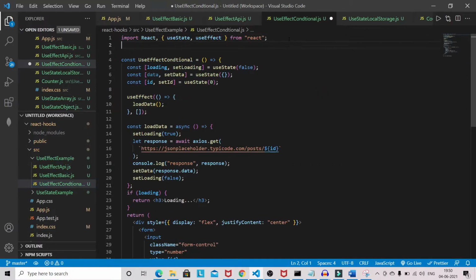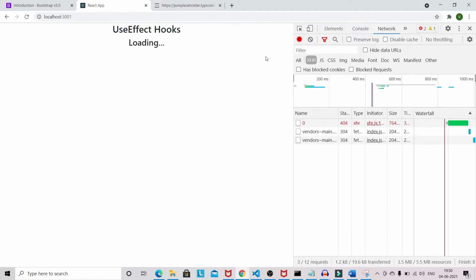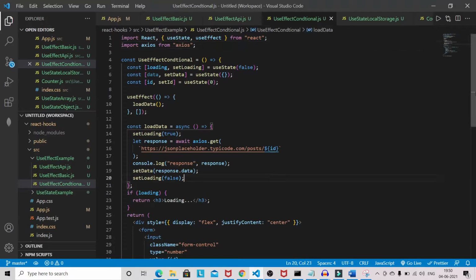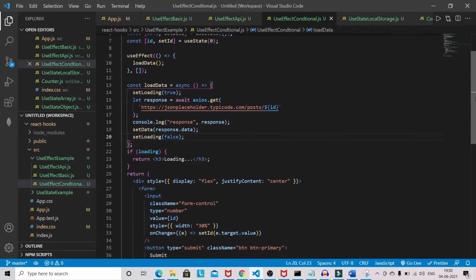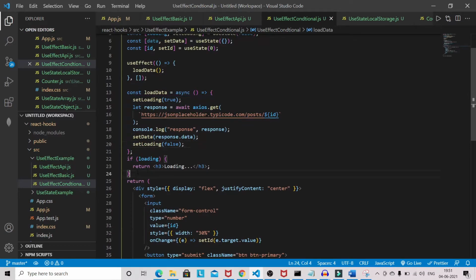We will bring the axios. Yeah, it will keep loading because we are not giving the ID. So we have to write a logic for that. Already we had the ID. So as of now just comment this one.